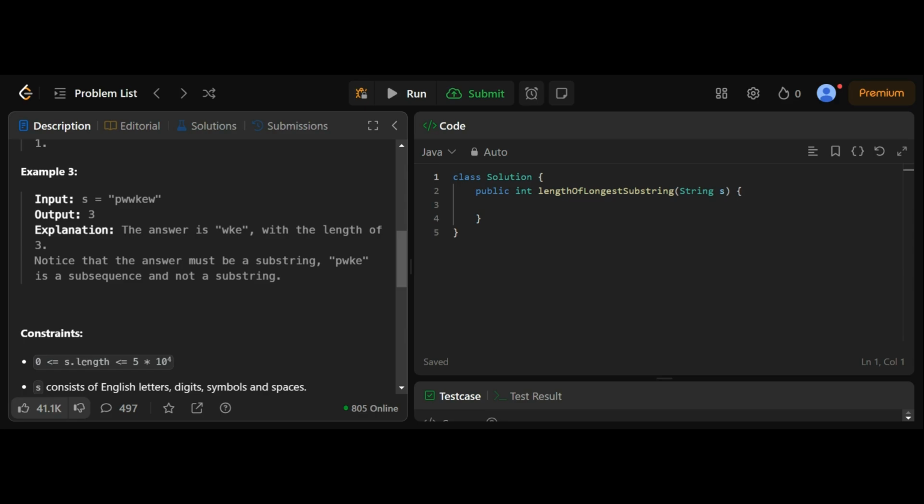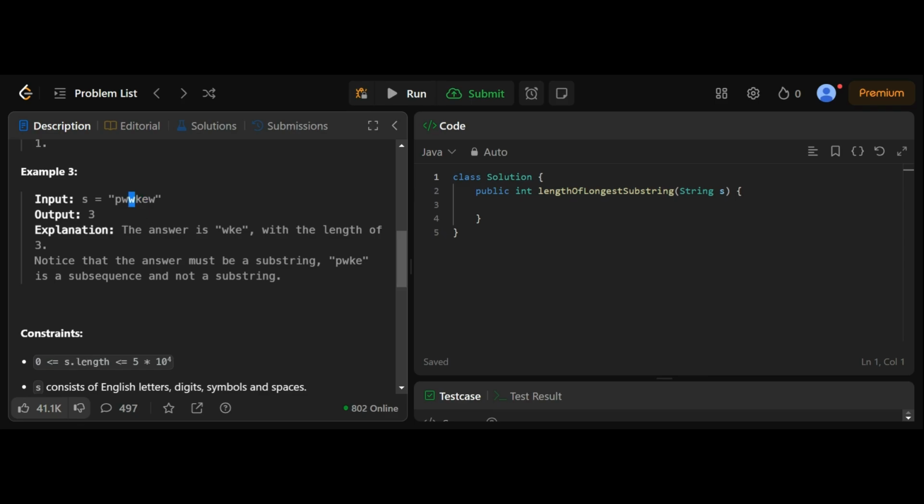Okay. Can you guess what is the length of the longest substring? If we take PW, the length of the substring is 2. If we take PWW, here W repeats twice, so this can't be considered. And if we take WKE, it is 3, right?